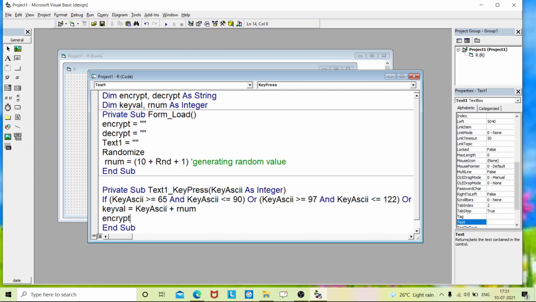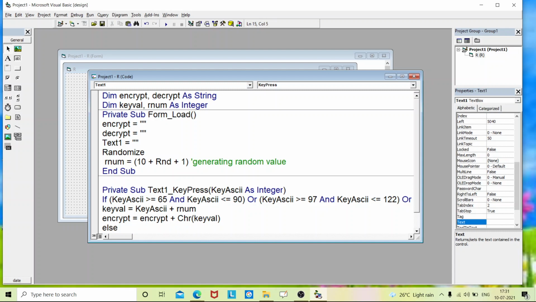Now we have to assign encrypt equals encrypt plus Chr. Chr returns the character of the corresponding number. So whatever value is held by keyval will be converted to the character and stored in the encrypt variable.